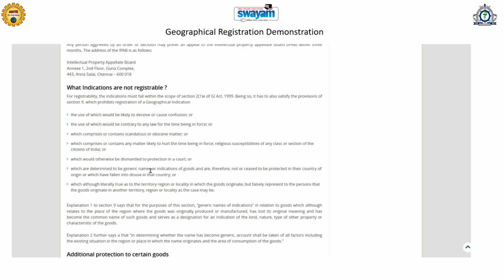Then generic names or indications of goods which have ceased to be protected in the country, or which, although literally true as to the territory, region or locality in which the goods originate, falsely represent to the persons that the goods originate in another territory, region or locality, will also not be considered as geographical indications. Explanation 1 to Section 9 says that for the purpose of this section, generic names of indications in